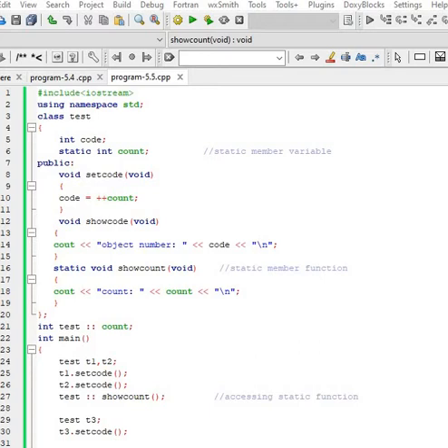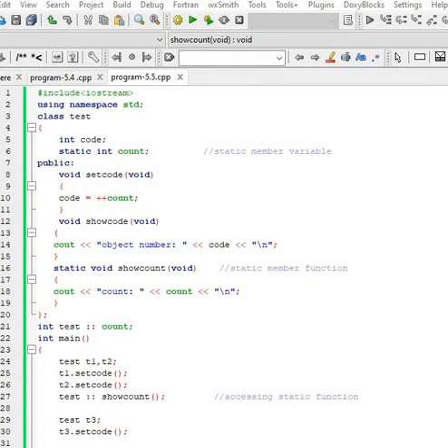And the most important thing is a static member function can be called using the class name. This is very important for us. In general, how do you call the member things, either member data or member functions? With the help of objects only. But a static member function can be called using the class name instead of objects.